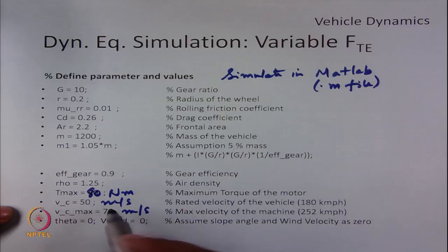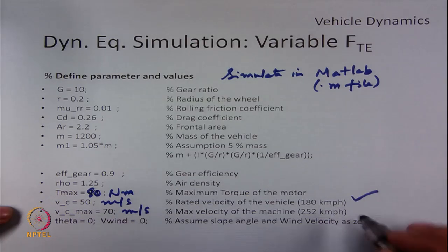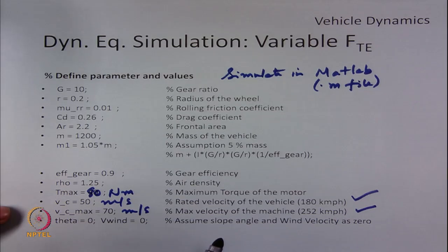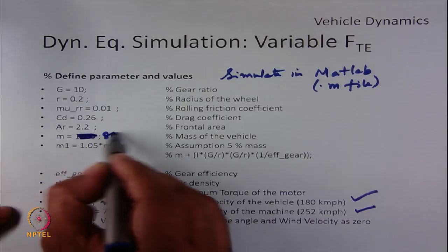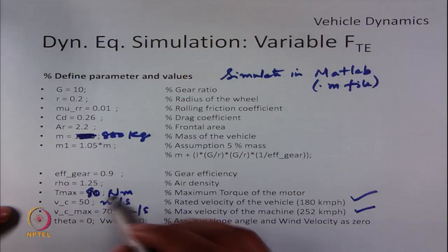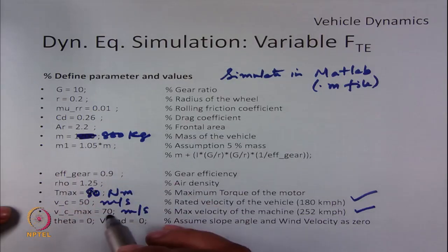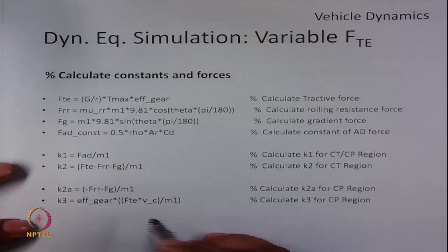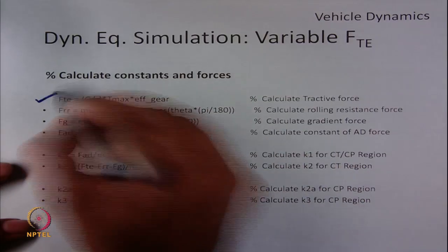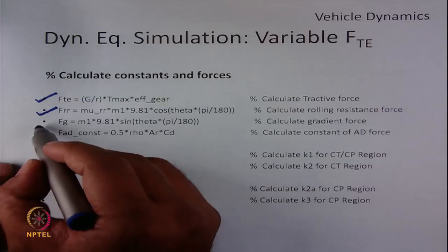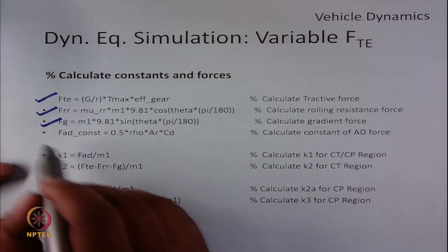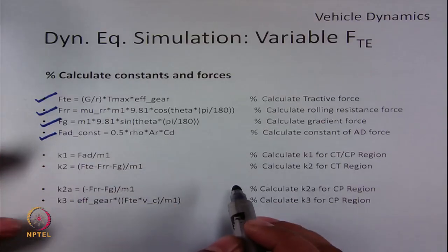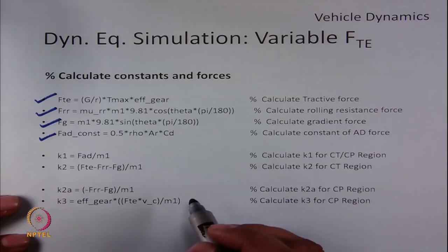We know that 50 meter per second means 180 kilometer per hour, and 70 meter per second is 252 kilometer per hour. Oh, sorry, the mass is basically 800 kgs in this case. So, as I said, the mass is 800 kgs and the torque is 80 Newton meter. Once we define the parameters and the variables, we can start with the calculations of forces. So, we can calculate the tractive effort, rolling resistance force, gradient force, and the constant term of the aerodynamic force. And so, once we have all forces and constants with us,